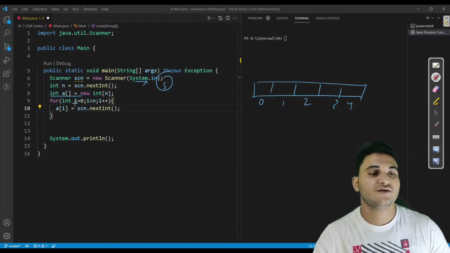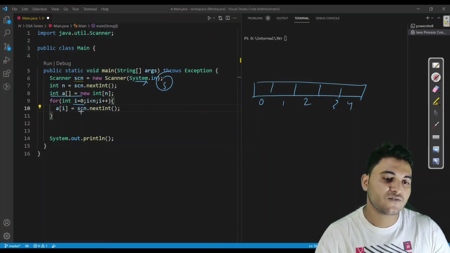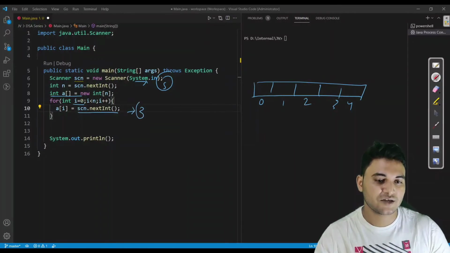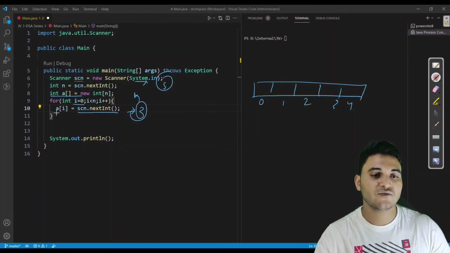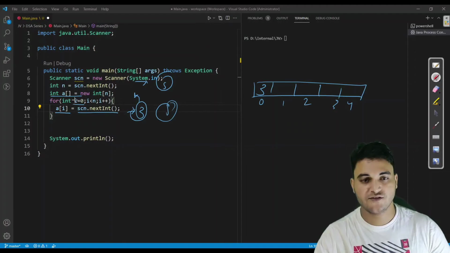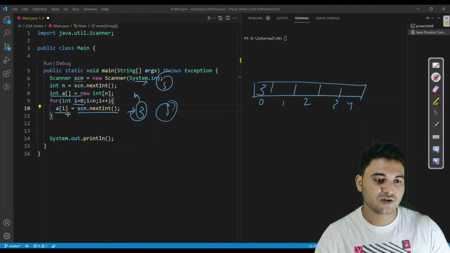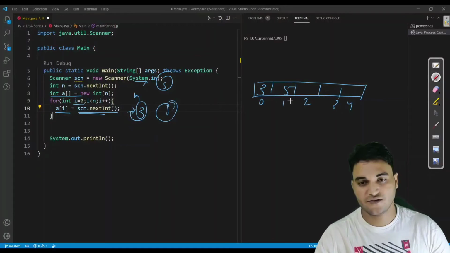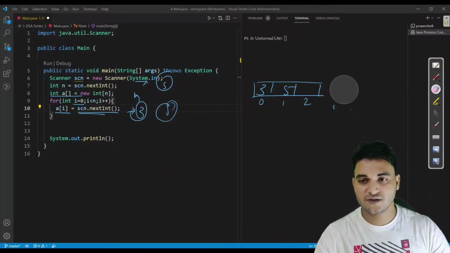Fine. So initially the value of i is 0. So let's say I have provided 3 here. So where would 3 be stored? A of 0, i is 0 now. So A of 0 would be stored here, which is 3. Again I provided 5. So now the value of i is 1. So A of 1 would be 5. So 5 here. So that is how this is being stored into the array.